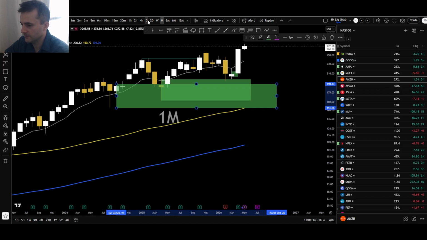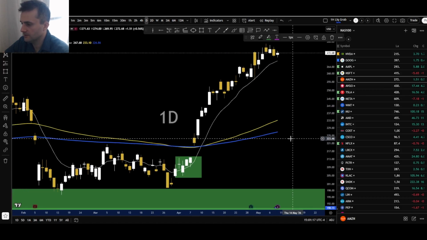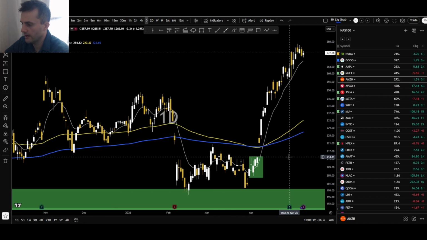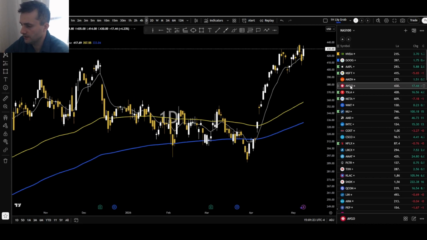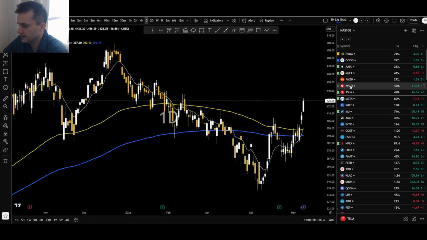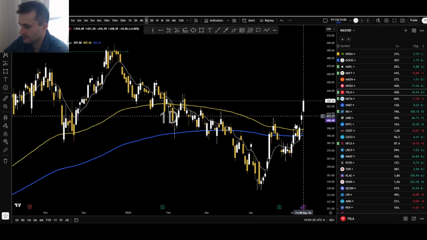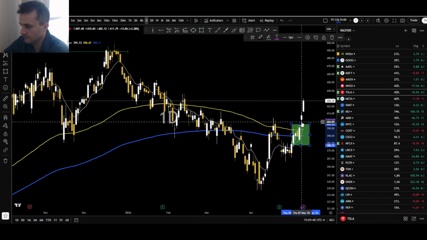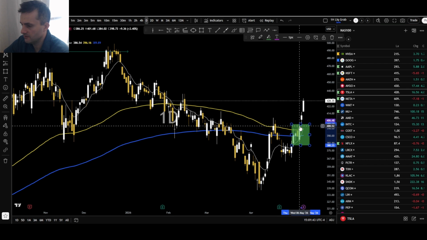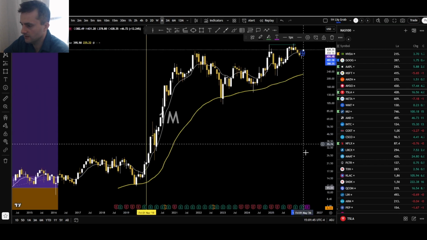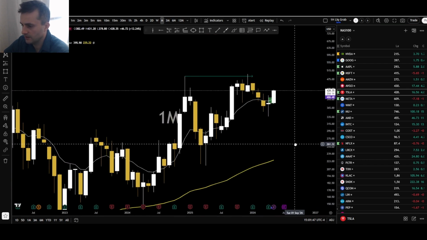Now, I spent a little bit of time discussing why one setup is more valid than the other, but you can see how quickly I'm able to scan and determine whether there is a good setup or not. So this, one can argue that, wow, this is a nice consolidation. Candle breaks above the consolidation, right? And above the three different EMAs. Let's confirm the monthly time frame. Well, the monthly time frame,